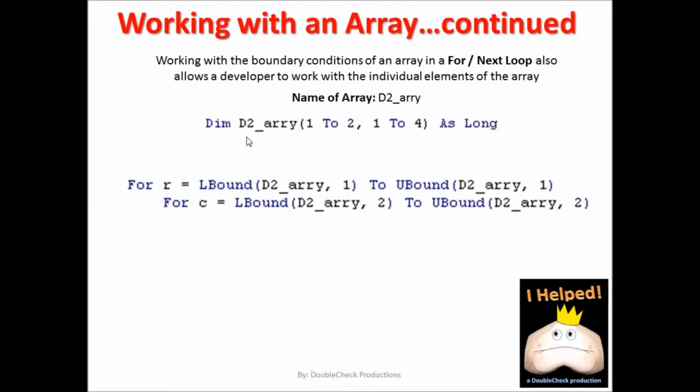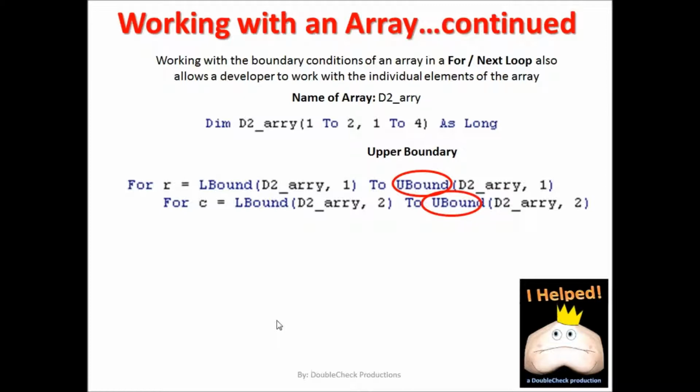So here we have our array where we've declared it, and if you notice, it's a 2x4 array. Down here, we have the different boundaries that we want to reference. So notice here we have the lower boundaries for both dimensions of this array, and here are the upper boundaries for the same array. Now what we want to do is reference the boundaries for each dimension,